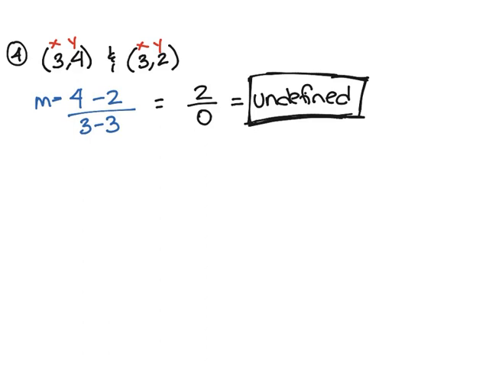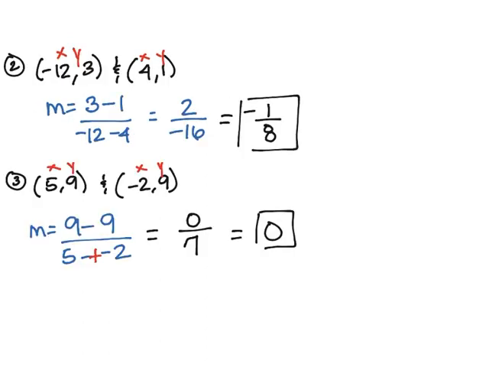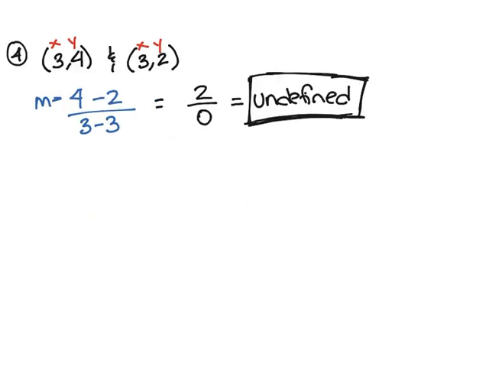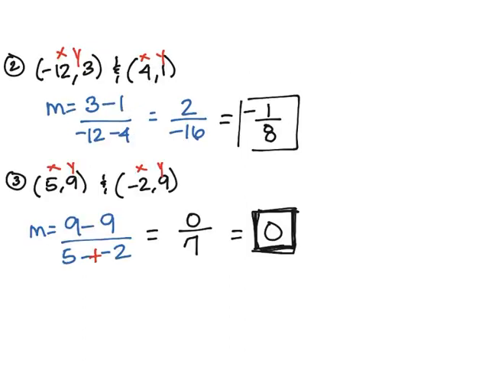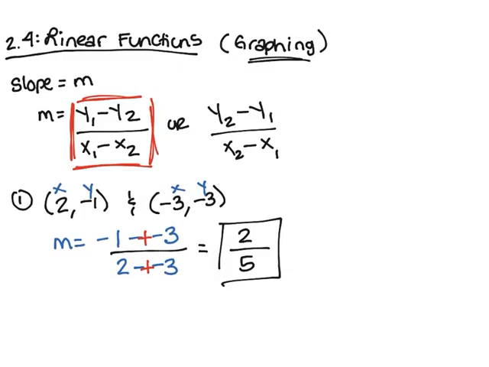So undefined and 0 slopes are our special slopes, okay? And we'll talk more about them when we get into graphing lines. So right now, the first 3 of 4 examples was on finding the slope, given the slope formula. All right, linear equations, which are our lines,